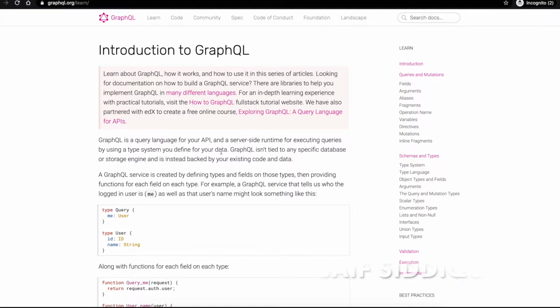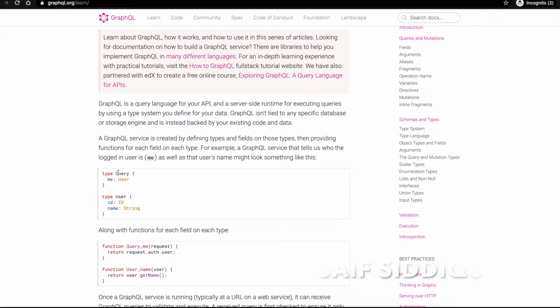All the data is backed by code. If we see the query here, type Query, me: User, type User, id: ID, name: String. So this query is calling the me attribute, which is the user, and then the user type, which has an ID and a name string.